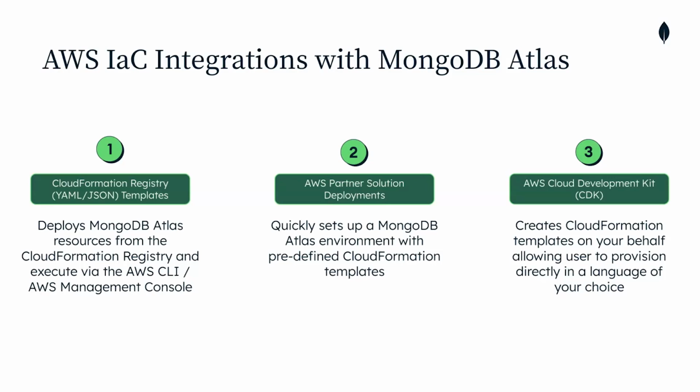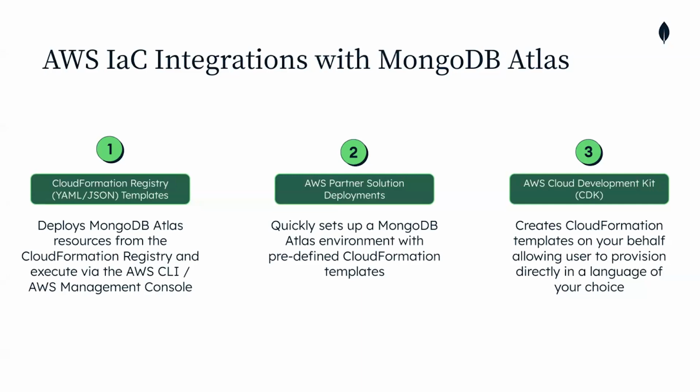The first way to get started is directly by deploying these resources from the CloudFormation registry, and you can execute it using the AWS CLI or the management console. Here, you'll have to individually deploy the resources per your use case. The second way, a much easier way, is the partner solutions, which was also previously called quick starts. And as the name suggests, it makes it easy because a lot of resources are grouped together for